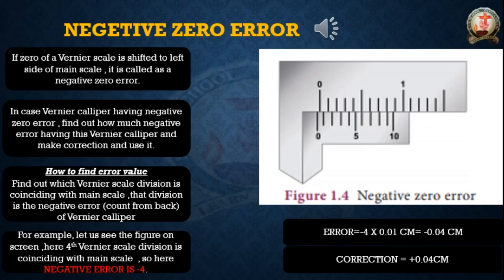Okay. So like this we have to check whether that vernier calipers having an error or not. If it's not having any error, it's no problem. In case it's having any error, like a positive error or negative error, we can find that error and we should correct. After that only we should use this vernier calipers. Then only we will get exact measurements of any object what you are finding. Okay, so like this we can find the negative 0 error.